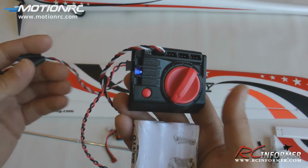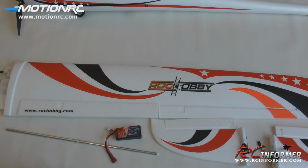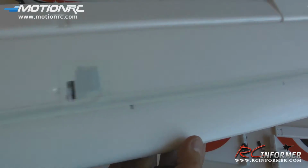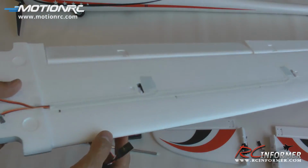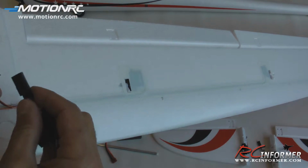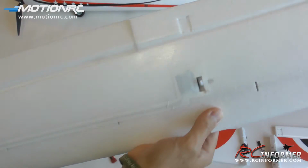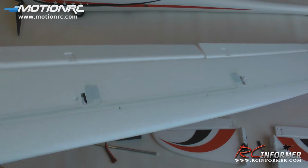One thing I like to do when setting up all these models initially is to use a servo tester with everything selected to neutral. With regards to getting the wing set up, you can see all your horns are kind of twisted and angled down, and I want to make sure they are in their neutral position. By taking a servo tester and setting it to neutral, you can individually plug in each one of your servos, and you can verify that your horn is generally in the neutral position. If it's not, you may need to remove it and put it in where it is neutral. Now I'm going to go ahead and do the flap